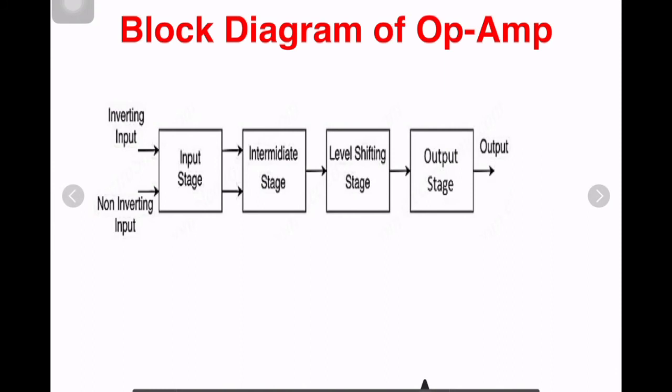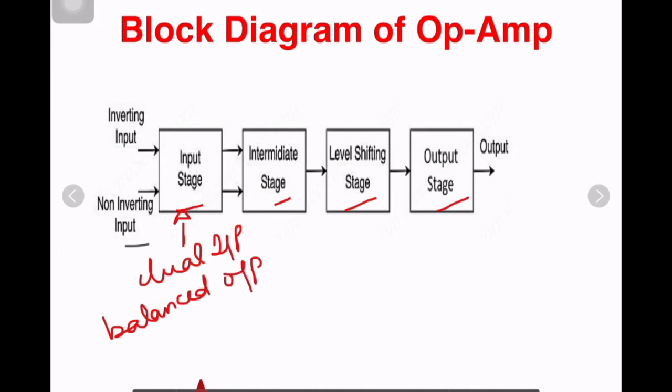Inside of the operational amplifier, the various blocks are connected like this. As you can see, first is the input stage, then the intermediate stage, then the level shifting stage, and the output stage. The input stage is nothing but a differential amplifier, and that differential amplifier is a dual input balanced output. We know that there are 4 configurations of a differential amplifier. So here used is the dual input balanced output differential amplifier,